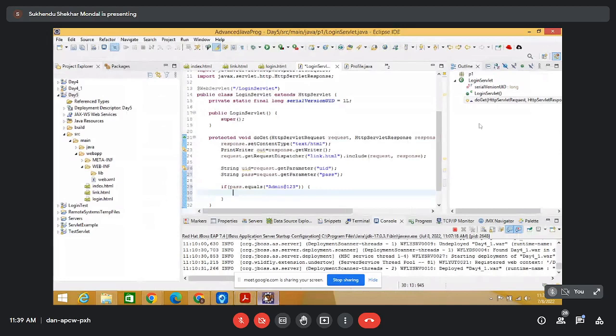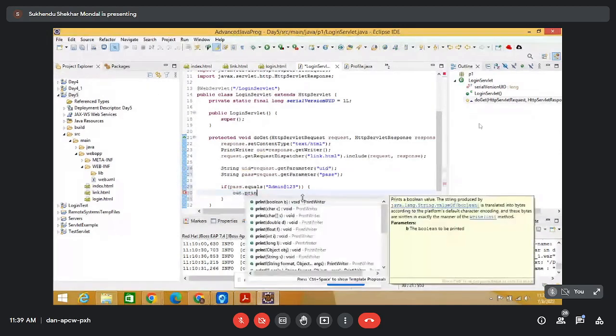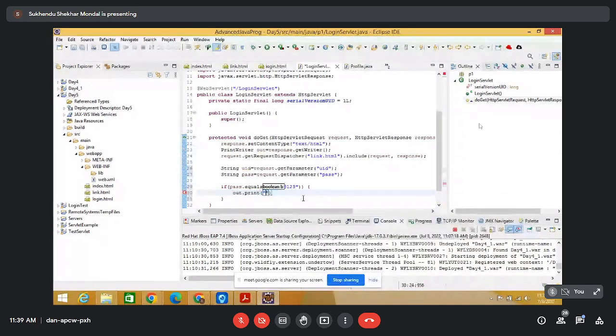So out.print login successful, this one, and